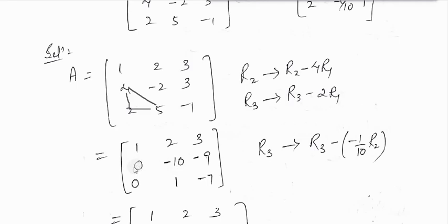Then I will get the new rows R2 and R3: 0, minus 10, minus 9, and 0, 1, minus 7. R1 is constant. Now I only have to make this entry 0. Here I can use only the second row, I cannot use the first row, right? So I can use only this entry to make this entry 0. So the operation here is R3 equal to R3 minus of minus 1 by 10 times R2. Then I will get an equivalent matrix